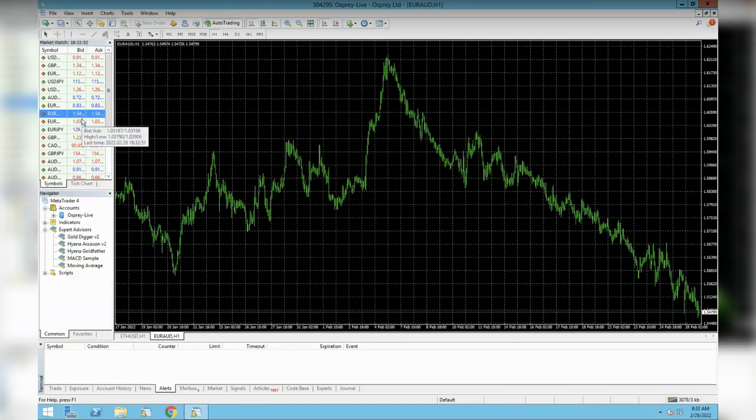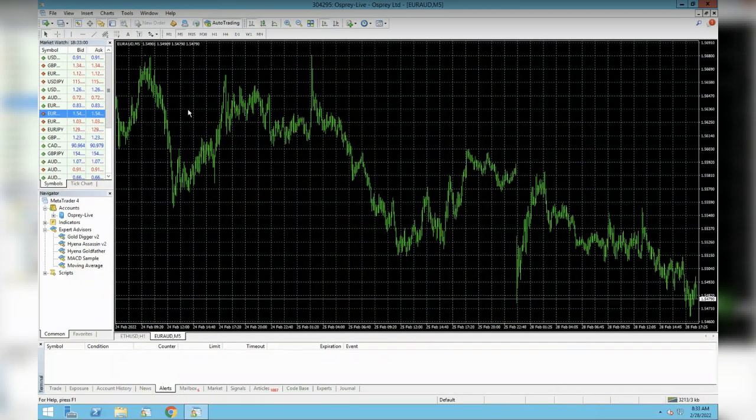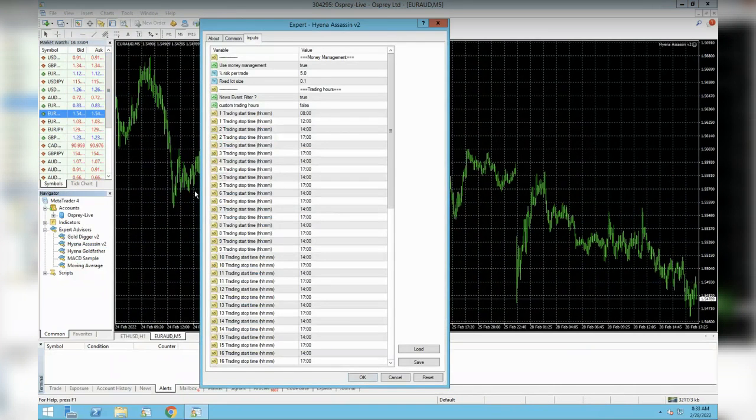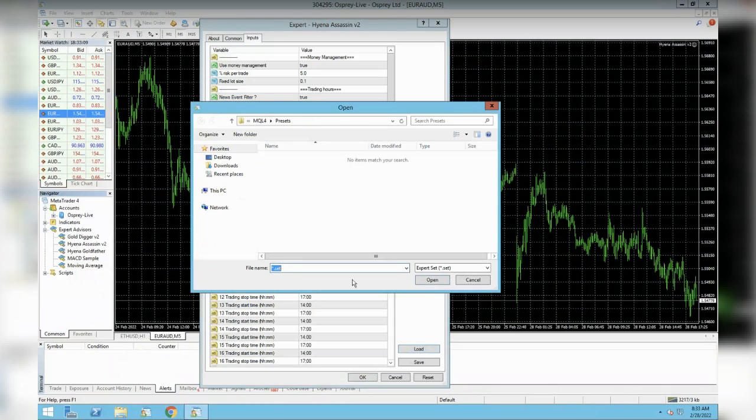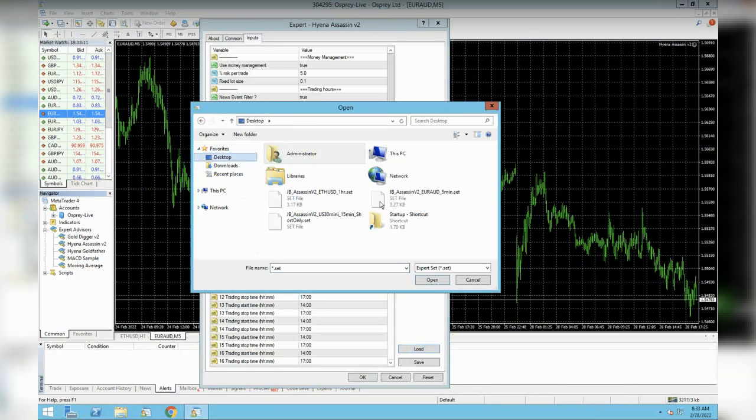This setting is on the 5-minute time frame. To change the time frames, you go up here, minute, 5 minute. That's what we want. We're going to double click our bot again, the Hyena Assassin. We're going to load up the setting, which again is on our desktop. Click 5-minute,